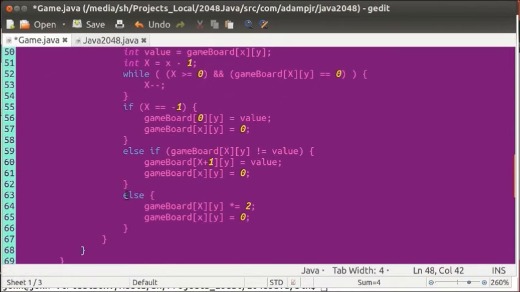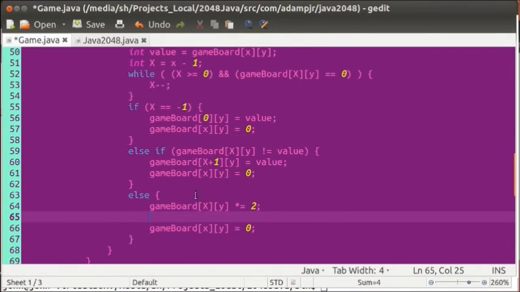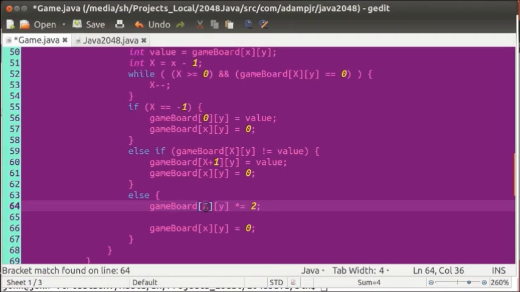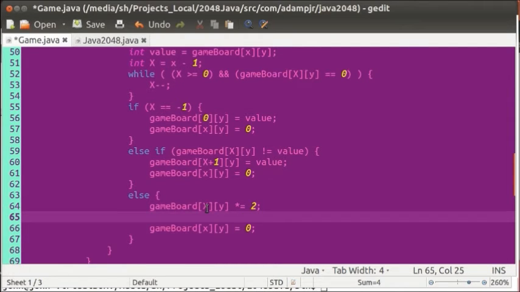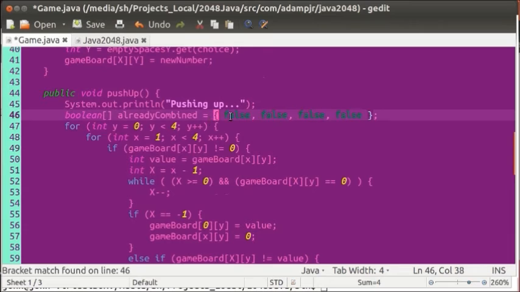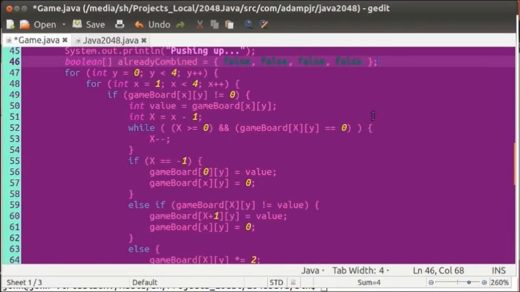And then, in this else statement, this is the only time where things are combined. So, in this case, x will be a number between 0 and 4, which will correspond to the position of the newly combined number,